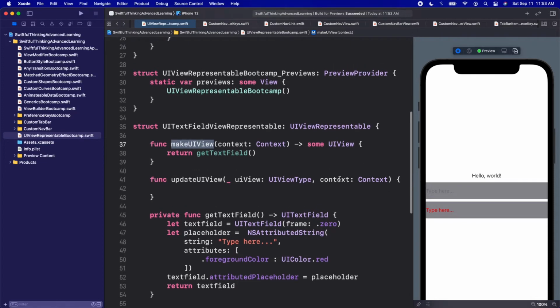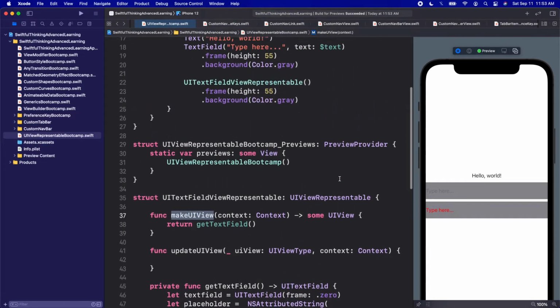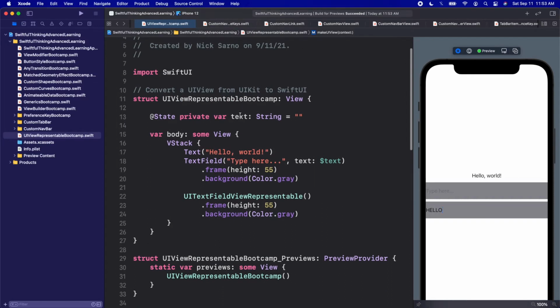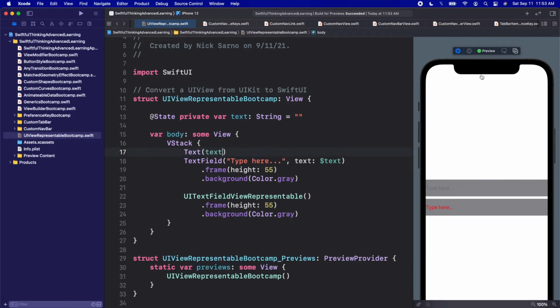All right, so the first problem we have is if we type something in here, hello, the data is not getting sent to SwiftUI. And just to prove that, the text on the screen in SwiftUI, this state up here, let's make this represent what's in the text fields. So I'm going to put this text onto the screen instead of our hello world here. So if I start typing in our SwiftUI text field, we can say hello, and it starts showing up in